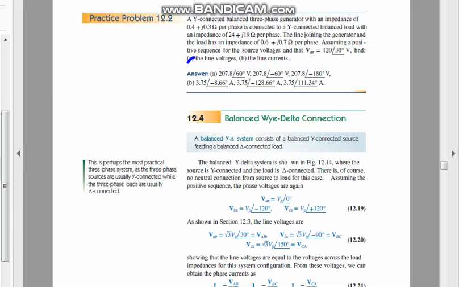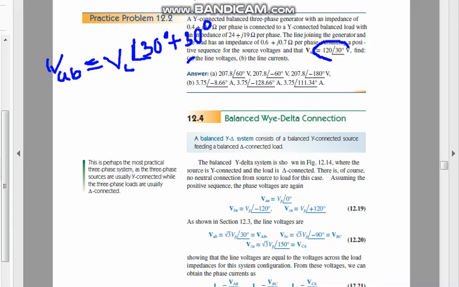We will first of all find the VL. Now we can write the three line voltages. VAB, the VL will be the same, and they are 30 degrees apart. Is it right or wrong? That is right. So plus 30 degrees. As you can see, VAN is 120 at 30 degrees apart, and we know the